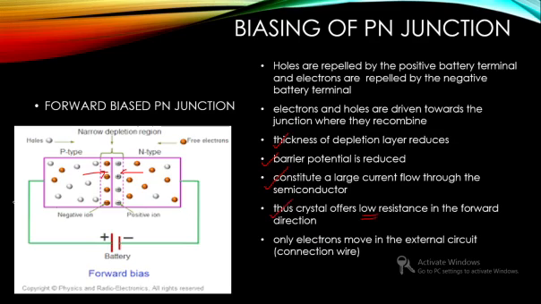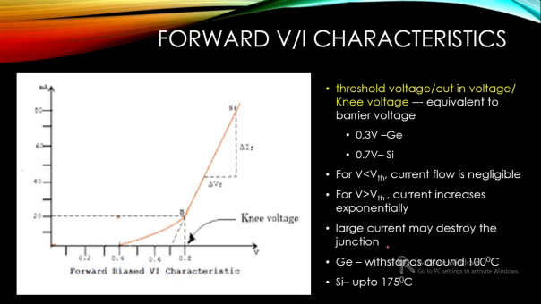Through the external connection, these electrons will move through the external wire. Through the external wire, you have to remember that only the electrons will be moving in the external circuit. Now we can consider the forward VI characteristics, where we are just mentioning what will happen when the voltage is given, what will be the amount of current that will be obtained through the